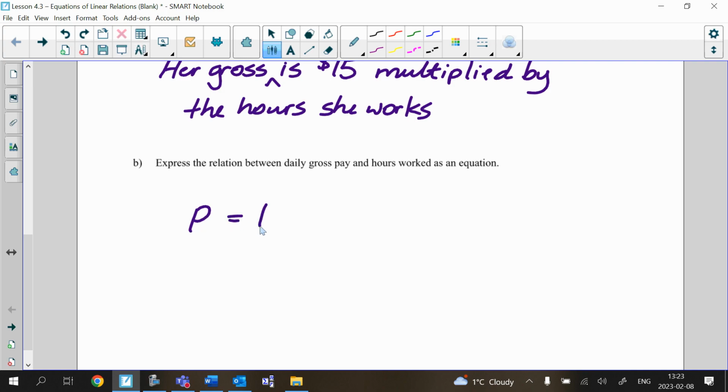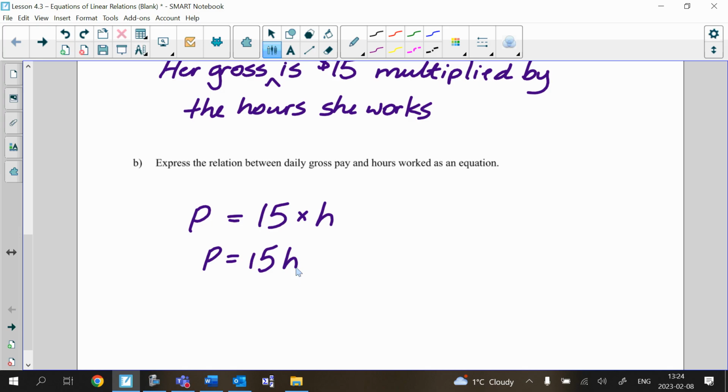Instead of writing hours, we'll just write H, because we write this as a letter and this as a letter because the amounts can change. The hours change, therefore the pay changes. But we don't write it like this using proper algebra. We just put these two together, like so. So our pay is equal to 15H. And we can use that